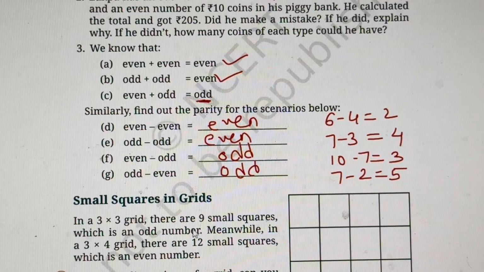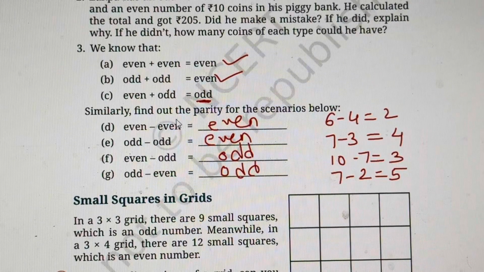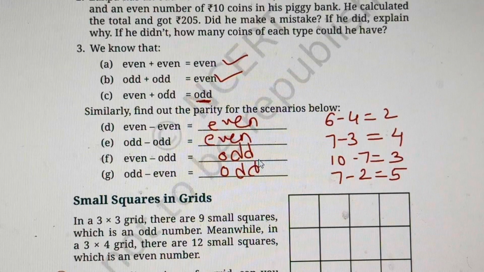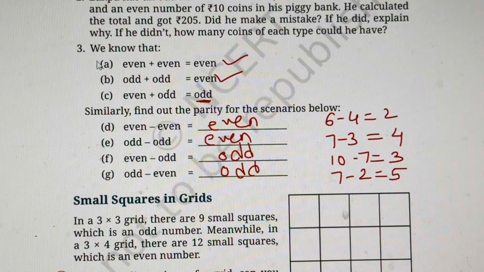Right? So what is the easier way to remember? If both are even, whether you add or subtract, you will get an even number. If both are odd, whether you add or subtract, you get an even number. But if one is even and one is odd, whichever is bigger for subtraction, you will always get an odd number. This is the parity you can establish and understand and remember. Then it will be easier, because there is no need to rote memorize that even plus even is even. What you need to remember is that if both are the same, even or odd, then you will get an even answer. But if both are different, even and odd, then you will get an odd answer, whether you are adding or subtracting in both the cases.